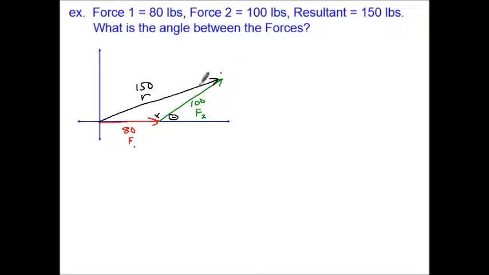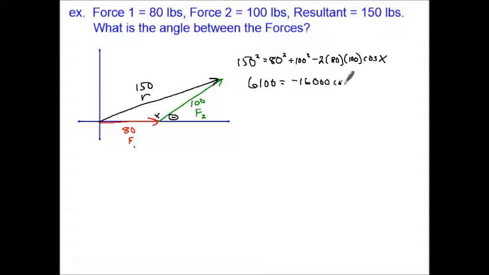That being said, if I want to find angle x using the law of cosines, I want to start with the 150. So I've got 150 squared equals the other two sides squared, 80 squared plus 100 squared, minus 2 times 80 and 100, and then the cosine of our angle x. I'm going to skip a little bit of work here, but if I square all three of these numbers and subtract the 6,400 and the 10,000 off of both sides, I'll eventually get 6,100 equals negative 16,000